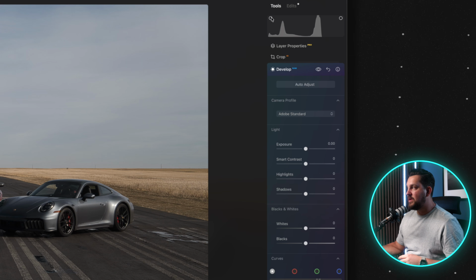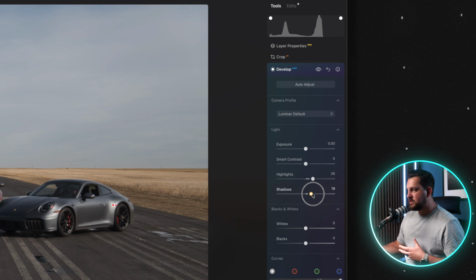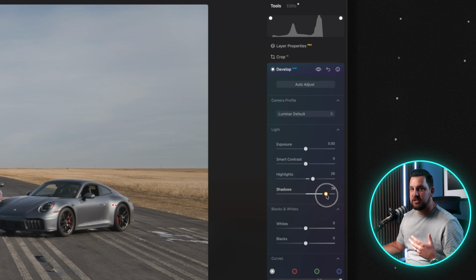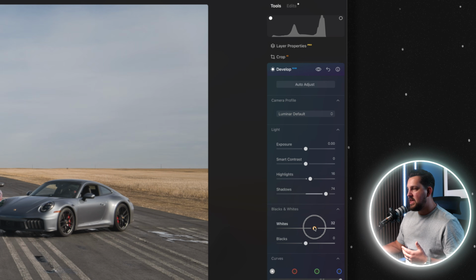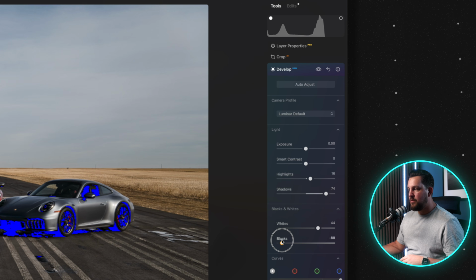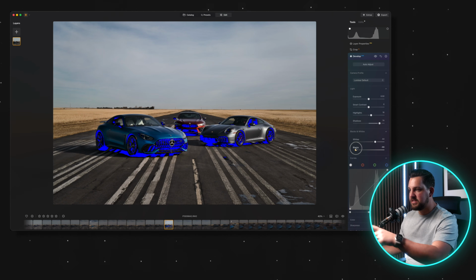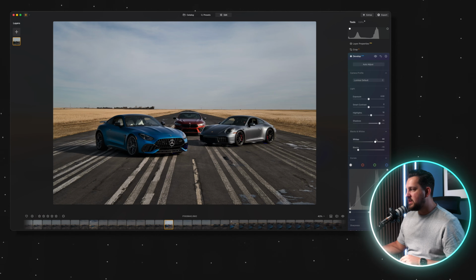Up top here, we have a waveform, which I'm going to use as I start to make my basic adjustments. And so as I up my highlights, shadows, those types of things, I want to make sure that I'm still retaining all the details. So by clicking these tabs up in the waveforms, I can make sure I'm not going to be losing any details in my whites or my blacks, those types of things. And when you see you go too far on your blacks, you can see it peaks on the screen there. So we're going to make sure we retain all the information there